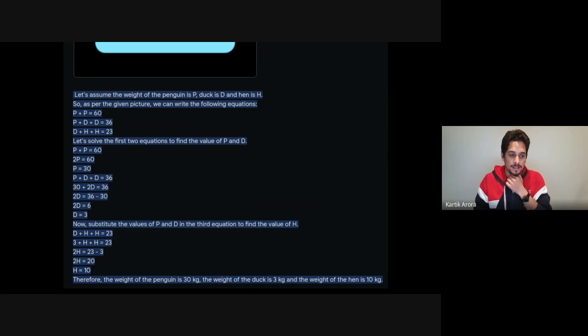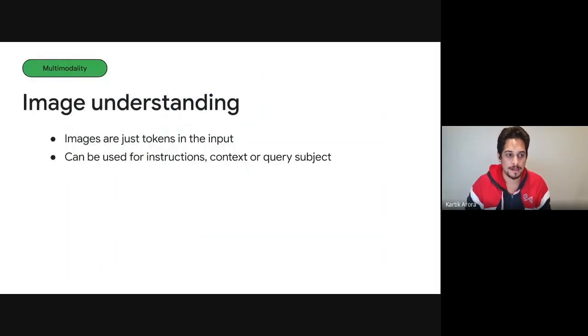So all of this was done on the Gemini Studio platform, but all of this can be done in the SDK, which means you can take all of that, put it in your software, and hide it from the end user and make your own app much, much smarter. It's quite capable of understanding contents of images.